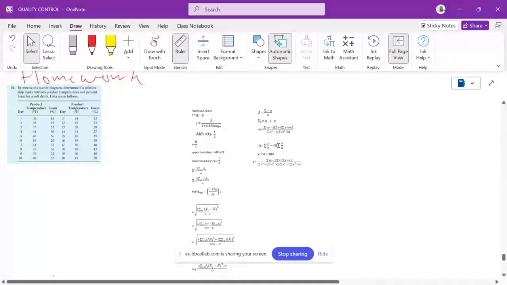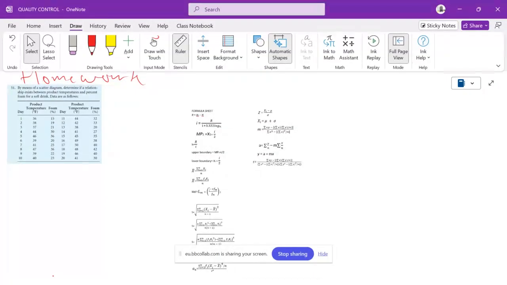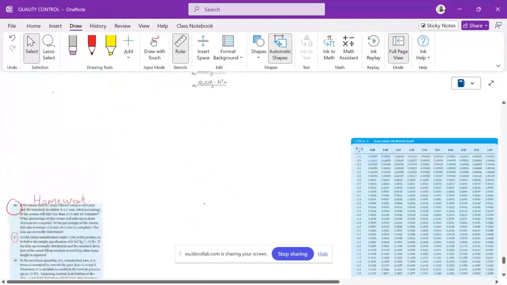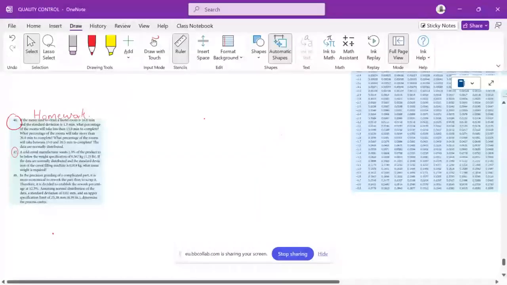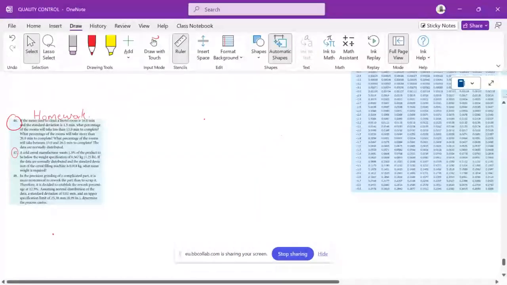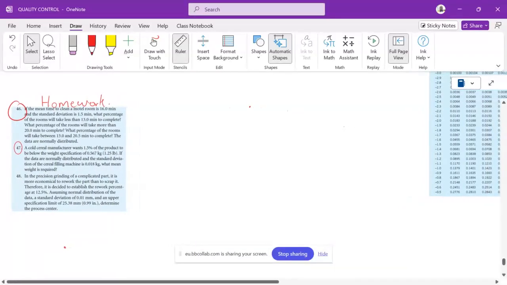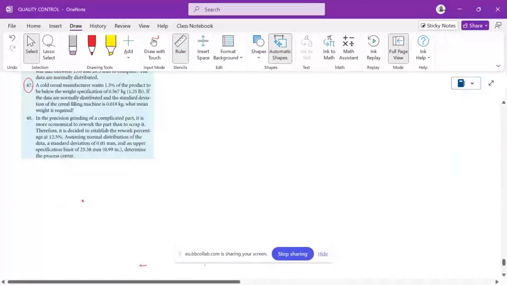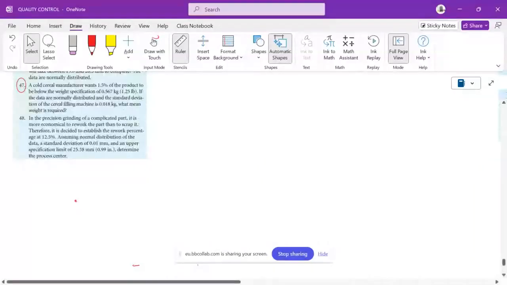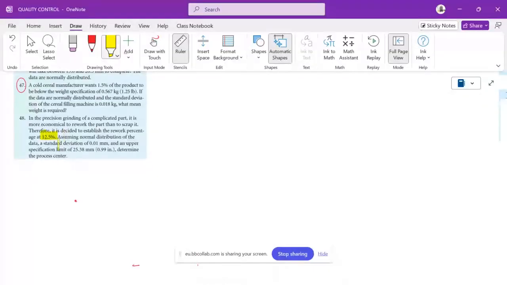And then this is your homework. Guys, take my homework seriously. You know when I say something is your homework, what do I mean? The first section is your homework. Now the second section here, which is 46 and 47, I'm only going to do this one. This one is very interesting. We are given